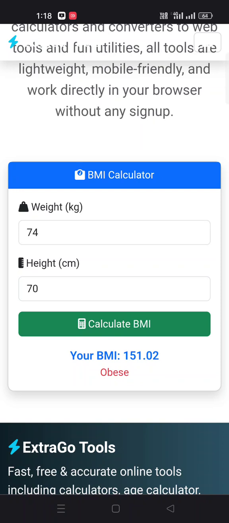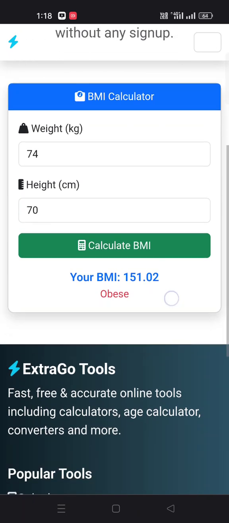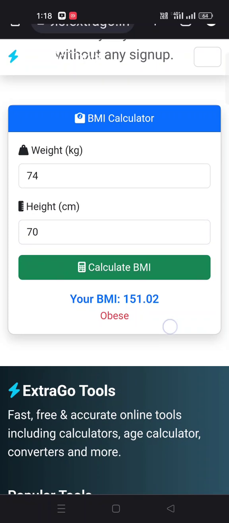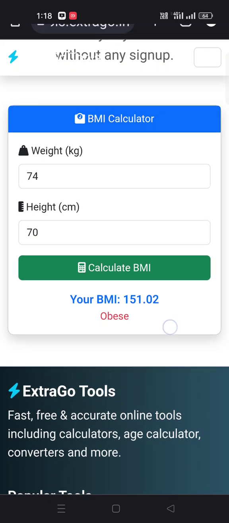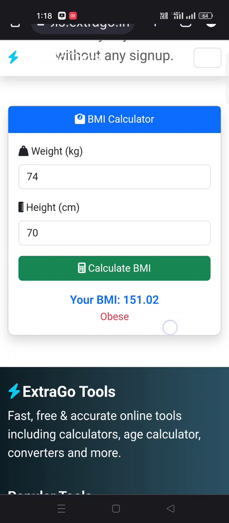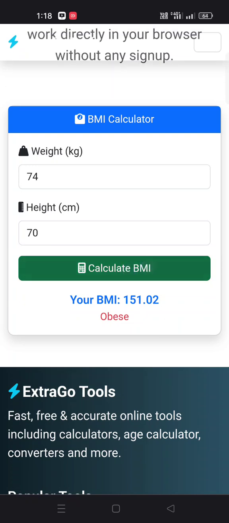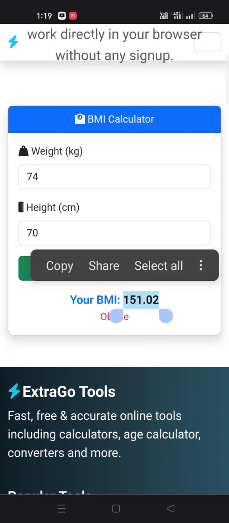The BMI calculator is calculating everything. You need to write your weight and height. Weight should be in kg, kilograms, and height should be in centimeters. You need to write your own height and press the calculate BMI button. You will get your BMI here.